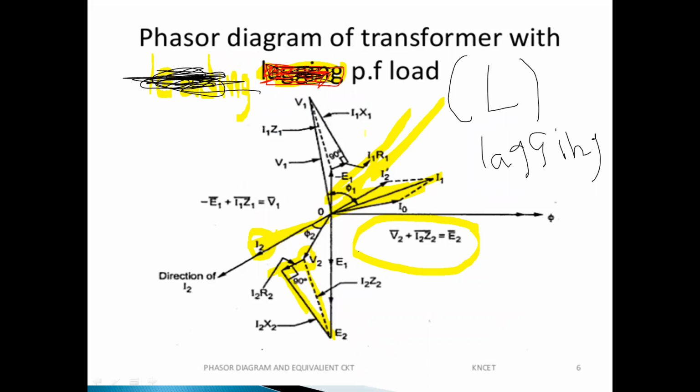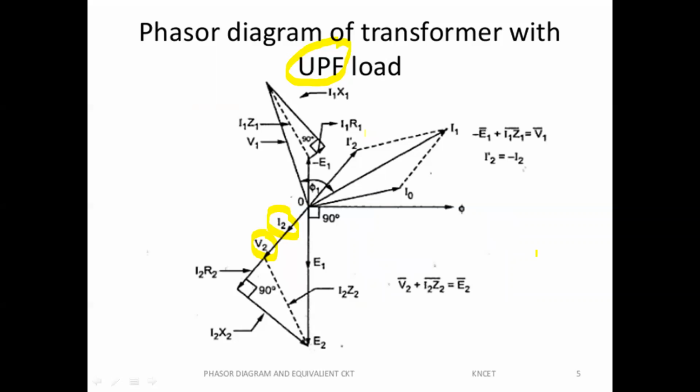For pure resistor, first case, voltage and current are in phase. See the voltage and current positions; the positions change on the primary side too, as well as the voltage and current on the secondary side. Pure resistor, UPF, means R load. Voltage and current are in phase.